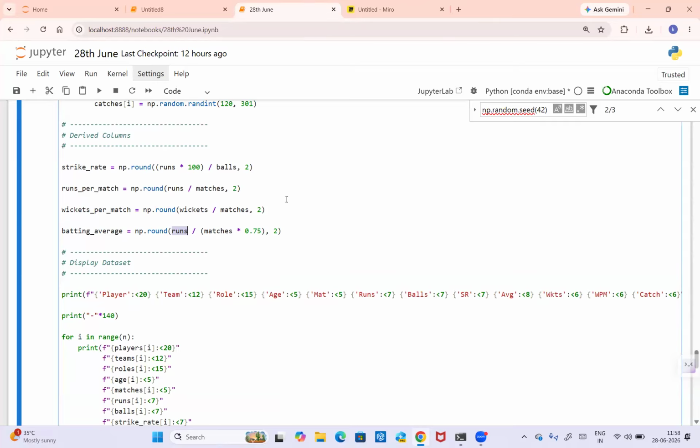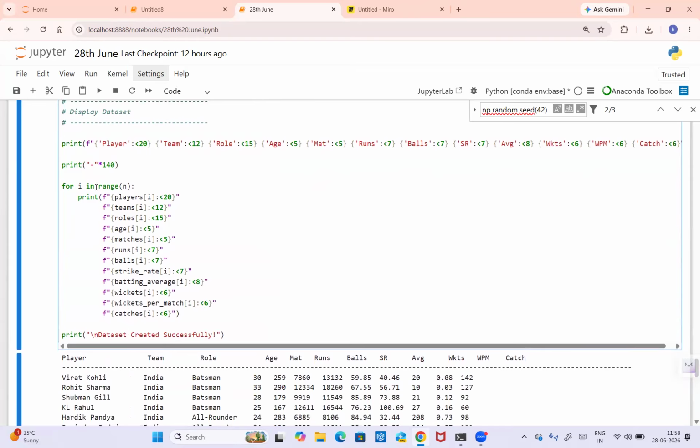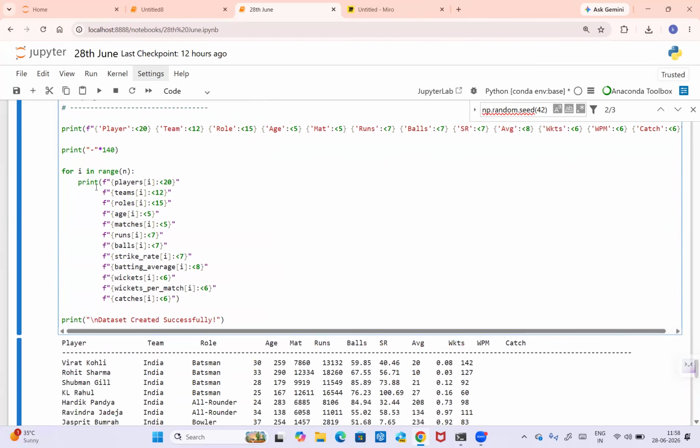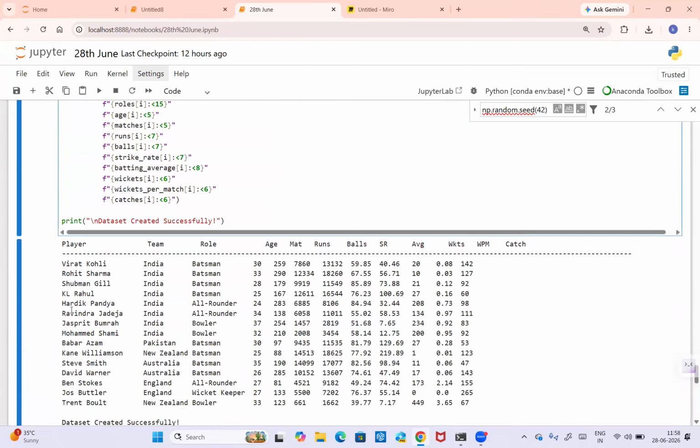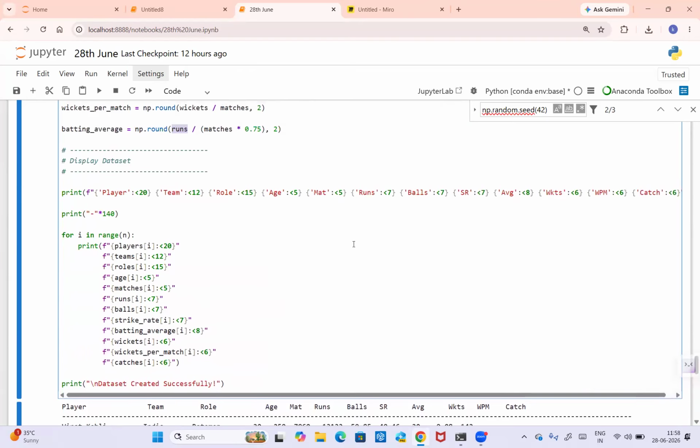Once the code is given, you guys can practice this by taking out one row and column and doing it. Okay. Now for printing, first what do we have to print? First we have to print this table: player, team, role, age, match. So I'm using printf. What basically it does is,